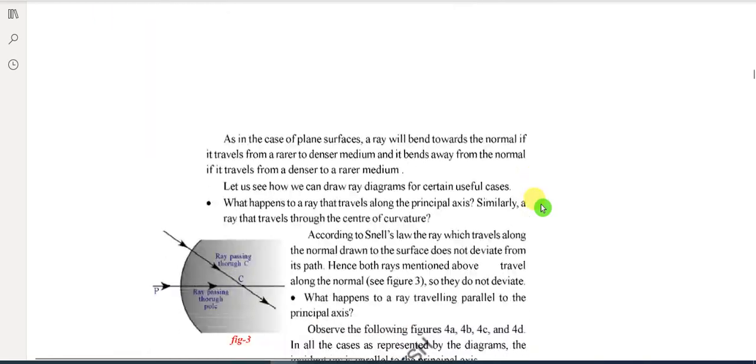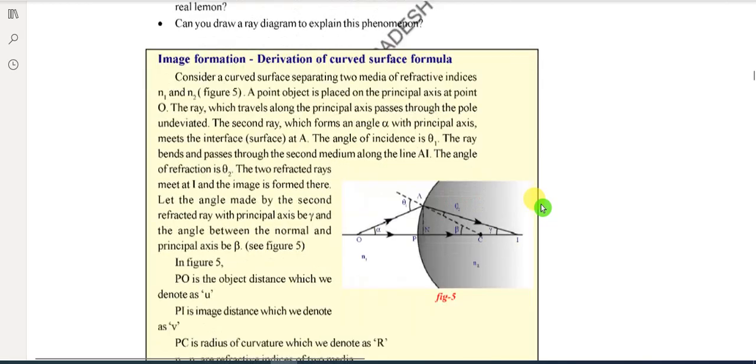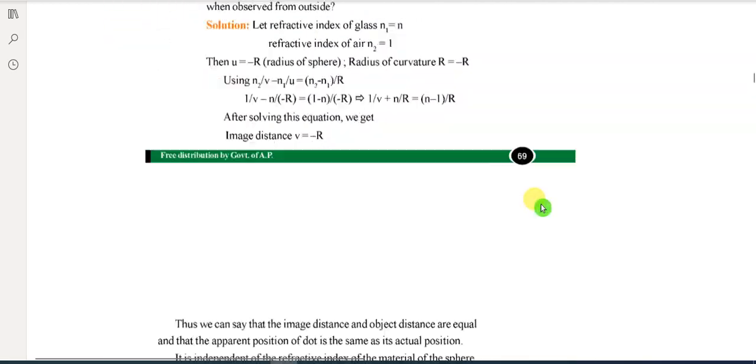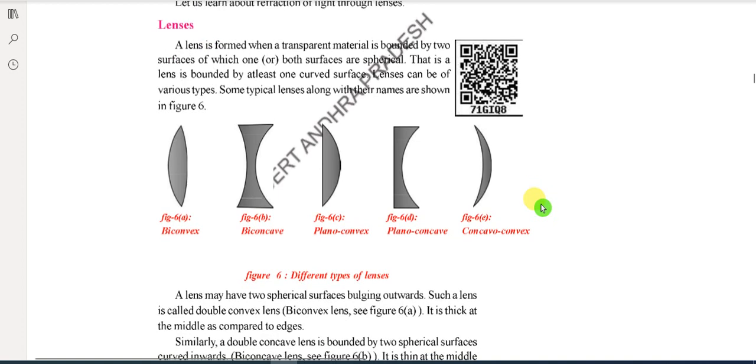Very easy diagrams are here. Already you prepared lenses. Sometimes these diagrams come very simple. So